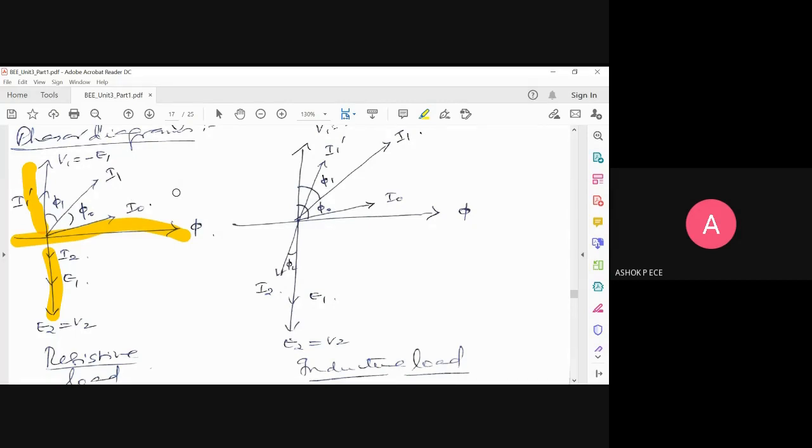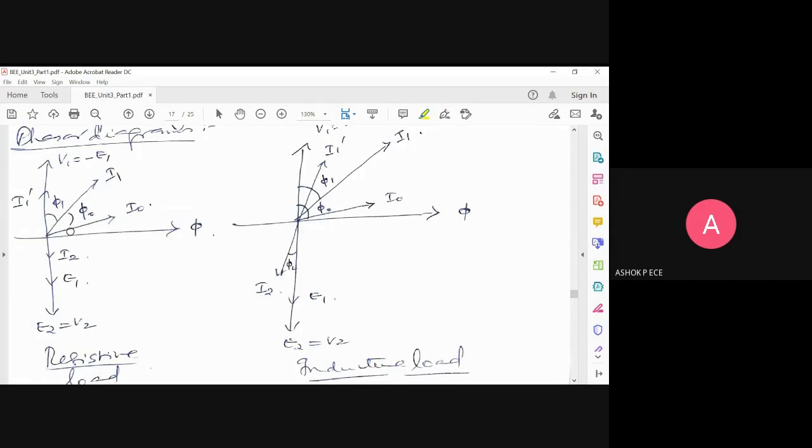See, resistive load, what is the meaning? At the output side, the current I2 is not going to have any phase shift. So I2 will be in the same phase as E2. I2 direction will be the same as E2 because the load is resistive. Resistive load will not offer any phase shift, or resistive load will not contribute to power factor. So the direction of I2 is the same direction as E2. E2 and I2 are in phase, which means that the load at the secondary is resistive.